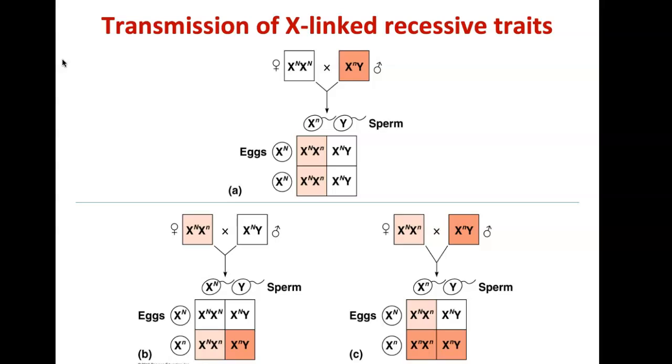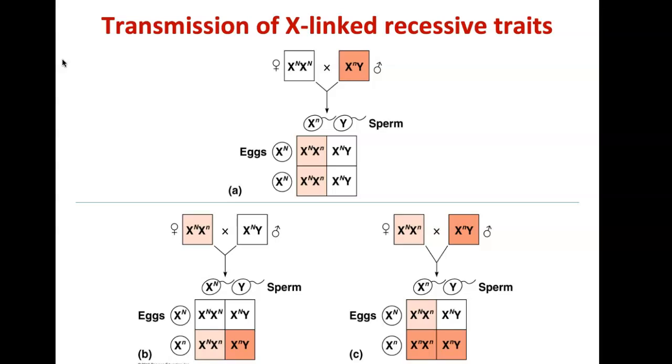The results of the Punnett square yielded two females who have the allele, but they do not display the actual trait. They're known as carriers, and they're also heterozygous for the actual trait. The sons from this cross are considered typical or normal, with normal vision if we were looking at something like color blindness, because the only thing that they got from their father who has the trait is that